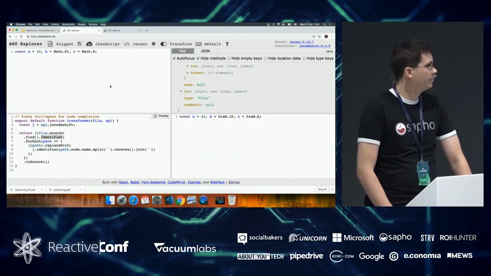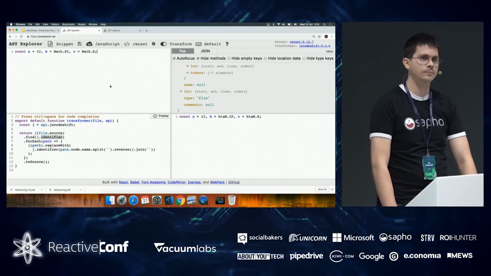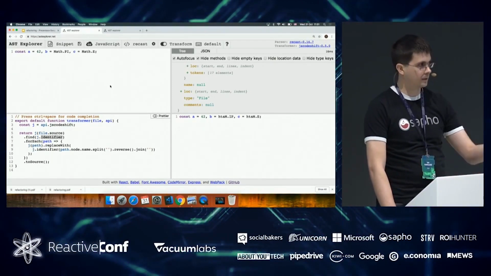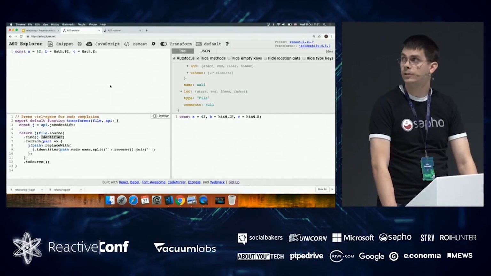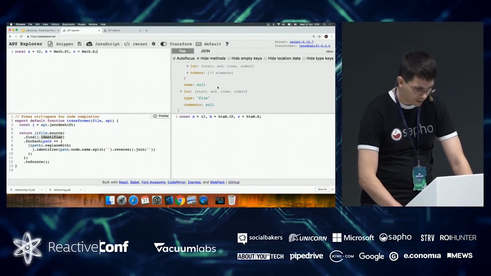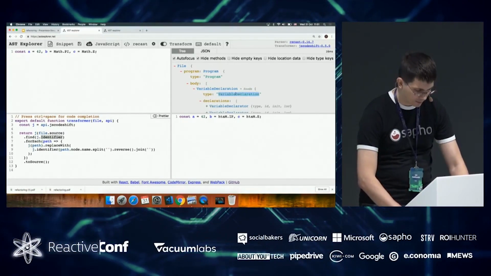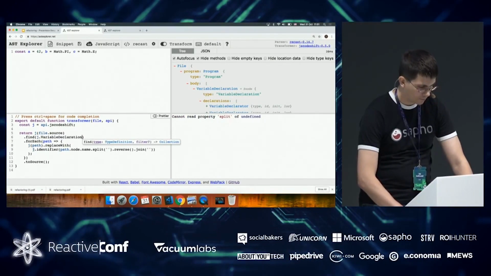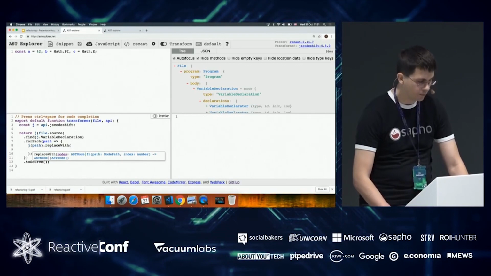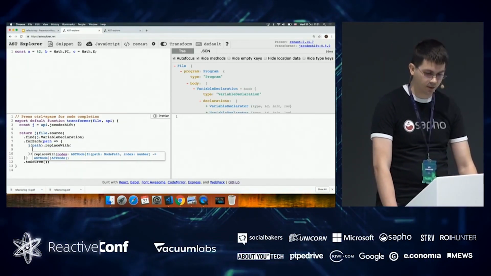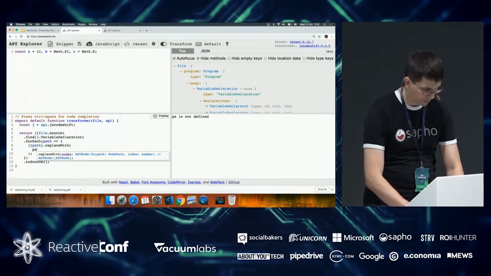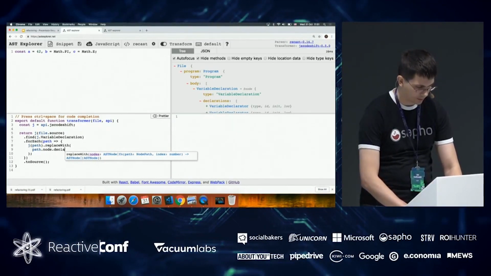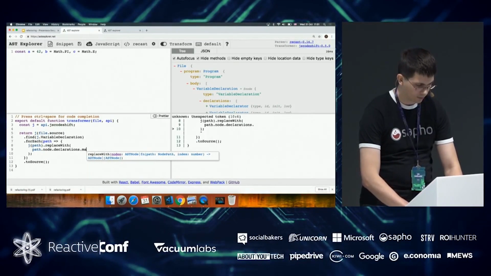JS Codeshift has a different API than eslint. It doesn't work with visitor objects. Instead, it has a nice collection-based API where you can search for nodes in the tree and manipulate them. So here I want to replace the single variable declaration I have with a set of separate declarations for each of the variables. And I will do it by typing path.node, that's my variable declaration node, dot declarations, dot map